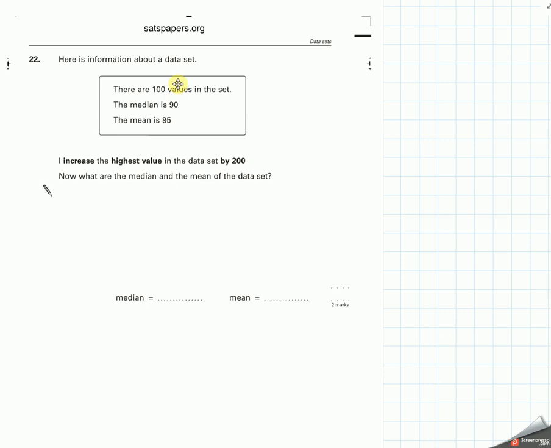So we know from a set of 100 values, the median is 90 and the mean is 95. They're going to increase the highest value in the data by 200. That's changing only the very top value. So now we need to work out what the median and mean are. So I'm going to do a quick diagram with it,